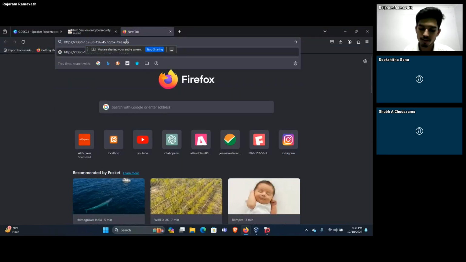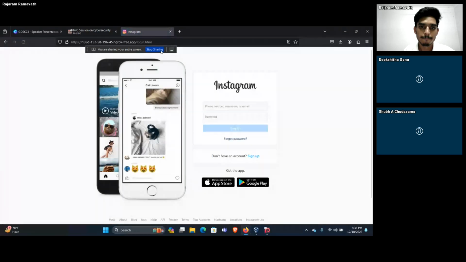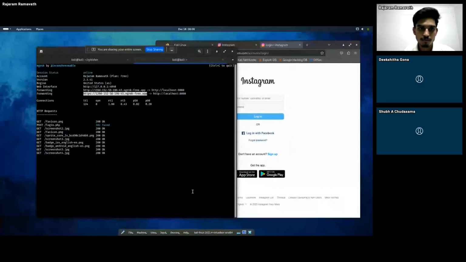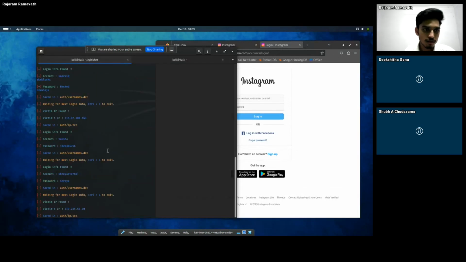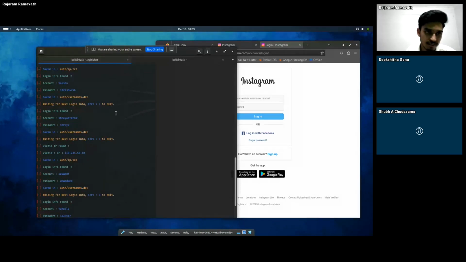Just have a look at it. So better you give wrong passwords and all that. I'm trying over here. I'm visiting the site. This is not working. Just give me a second. Here we can see some of the login info. Let me. I think the screen is visible.